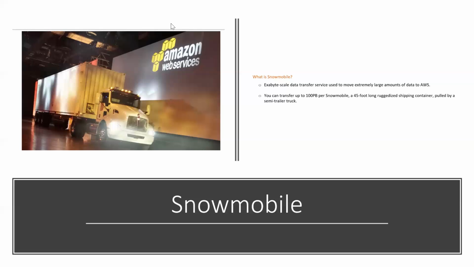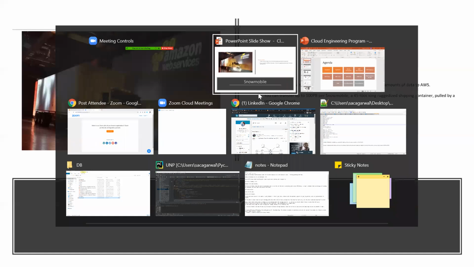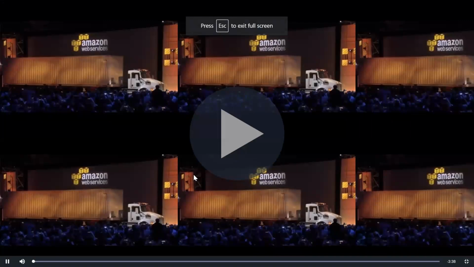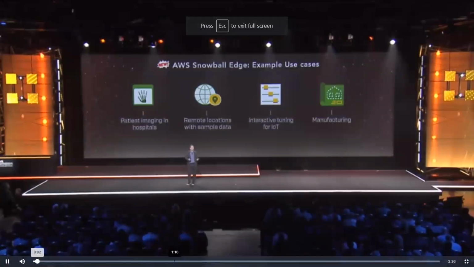So nice approach. It takes 26 years to transfer this much data from your on-premises to the cloud. And with the help of Snowmobile, it takes only 6 months to transfer this data. I'm not saying this without any facts. If you go to the AWS documentation on Snowmobile, and see the AWS CEO Andy Jassy, where our customer said, well, this is great if I have